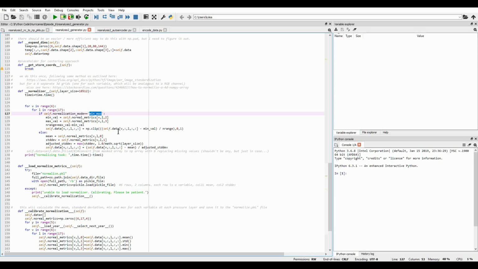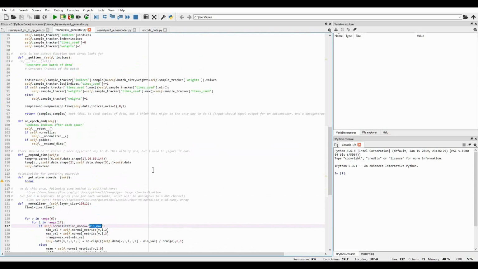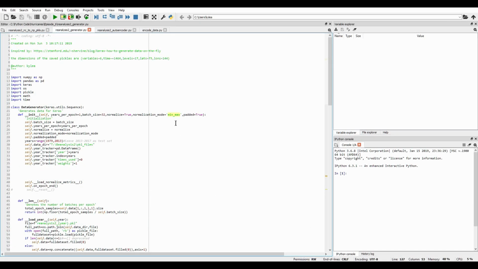Min-max will use clipping to make sure that doesn't happen. You can do the same thing with the standard scalar approach. You can clip it so that it only has values within plus or minus, say, 2 or 3 standard deviations of the mean, but that's just not the default way of doing it. So I default to using min-max here, and if you want to use the standard scalar approach, all you do is you set normalization mode to anything other than min-max,